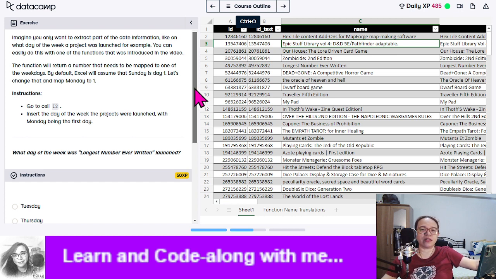By default, Excel will assume that Sunday is day 1. So let's change that and map Monday to day 1. Okay, we can do that also. But by default, Sunday is the first day and Saturday is the 7th day. But then again, it says here that we can change that and map Monday to day 1. So for the instructions, but I guess